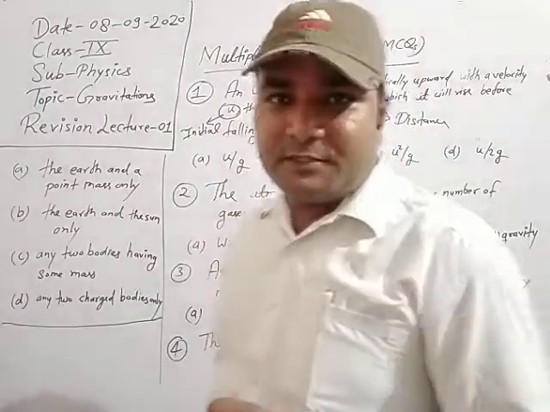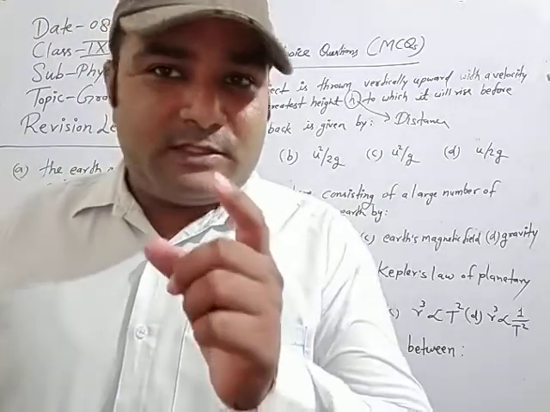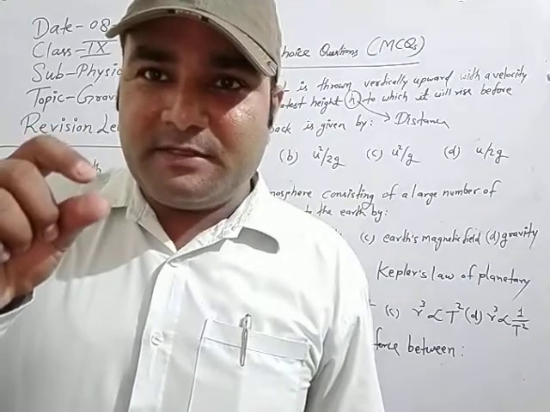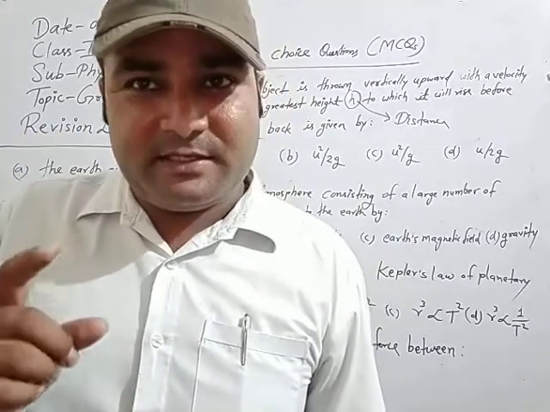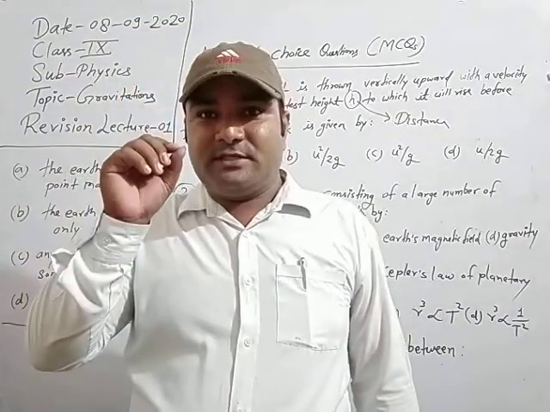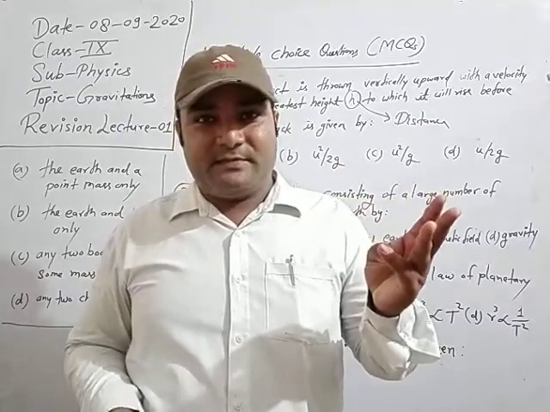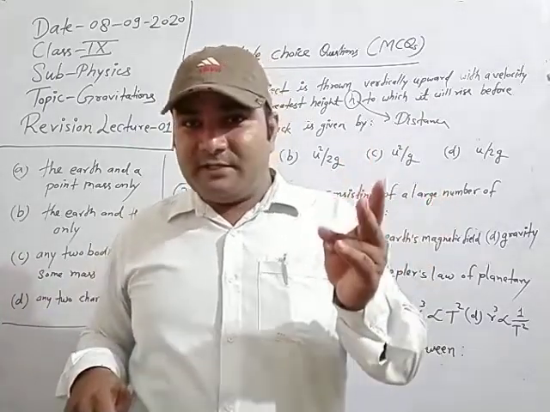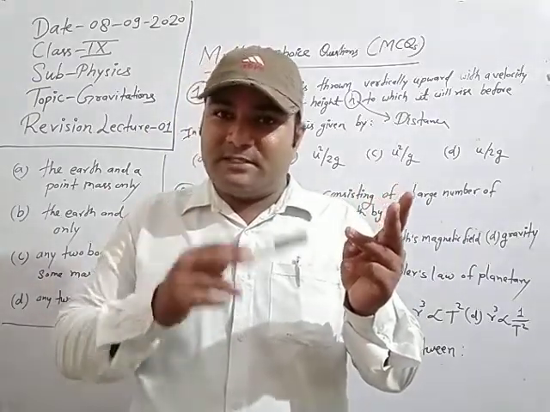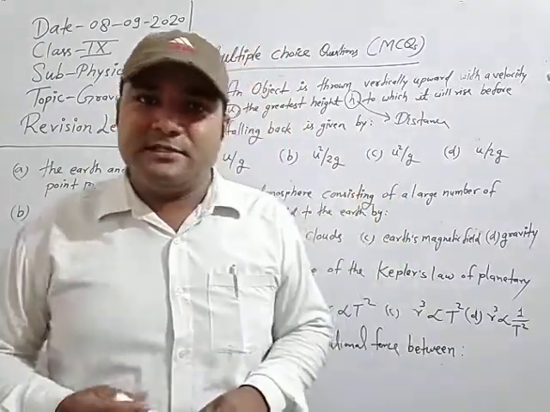Given terms, initial velocity u and final velocity up to maximum height becomes 0. Here one thing always remember, in case of upward motion, acceleration due to gravity is taken as negative sign. As I explained earlier in the motion chapter, whenever the equation is utilized, the distance is replaced by h in case of either upward or downward motion, but in case of upward motion minus g is used in place of acceleration, and in case of downward motion plus g is used. Just see here,